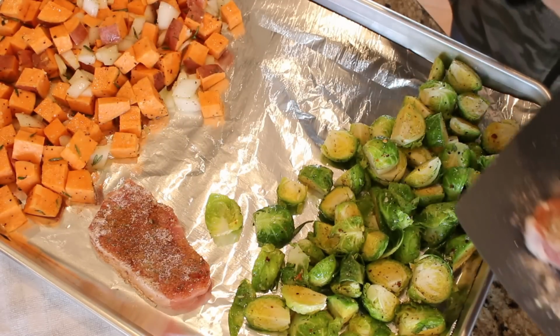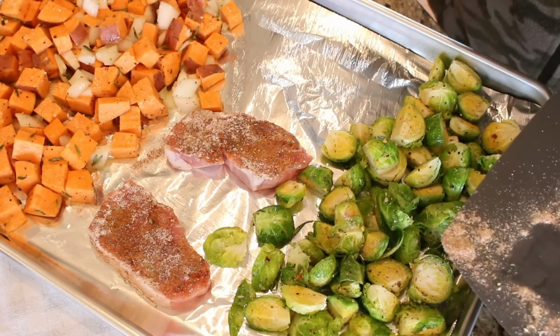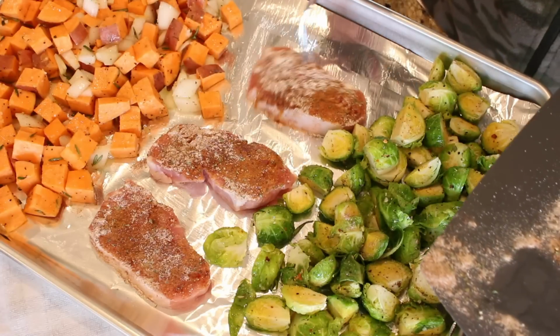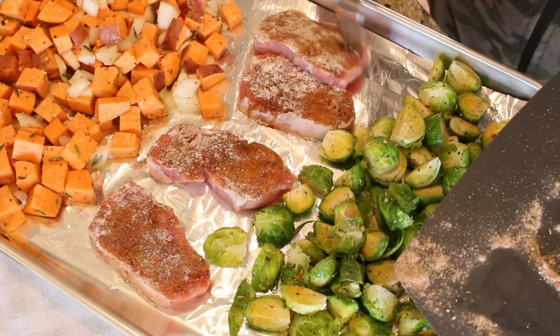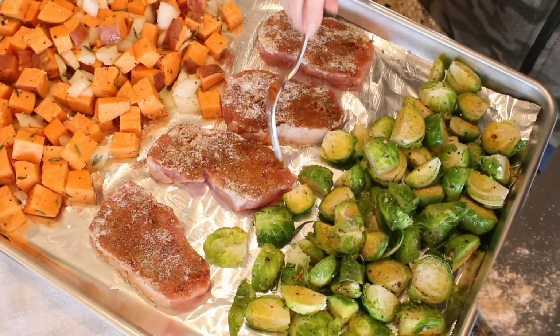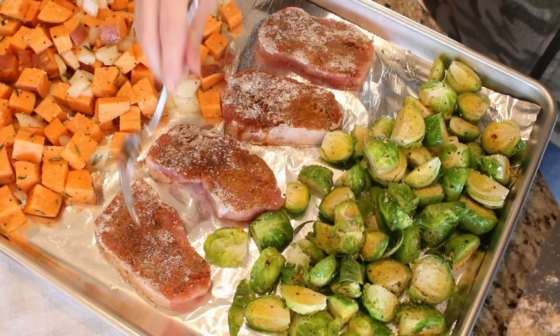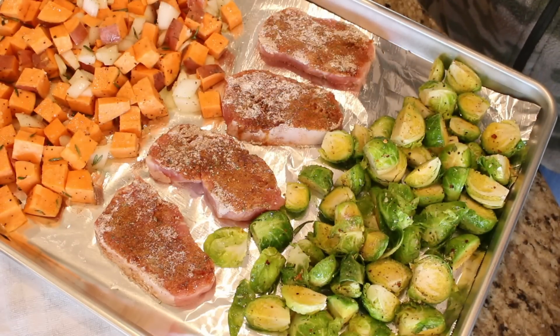So we're going to get our pork chops here on our sheet pan, and then we are going to roast it in a 425-degree oven for about 30 to 35 minutes. Everybody's oven is a little bit different. Some ovens might cook a little bit slower, some a little bit quicker,